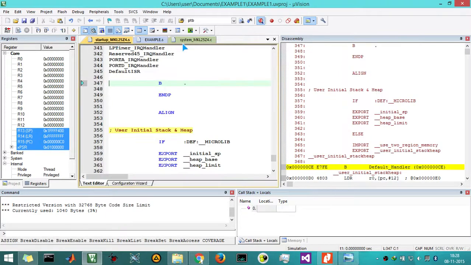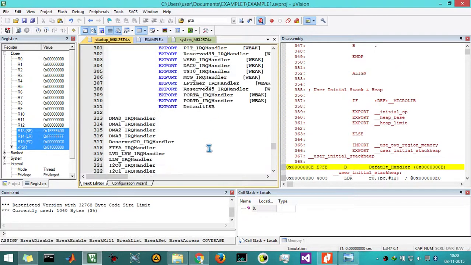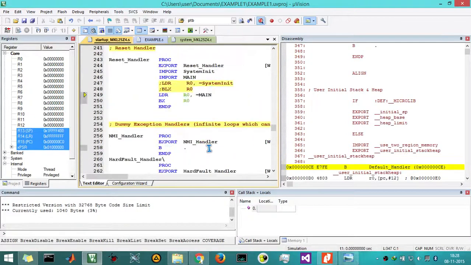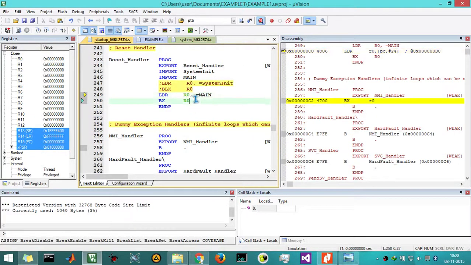Now we have to see the changes that are going to be observed while executing our program. Now I will go to step 1 line.